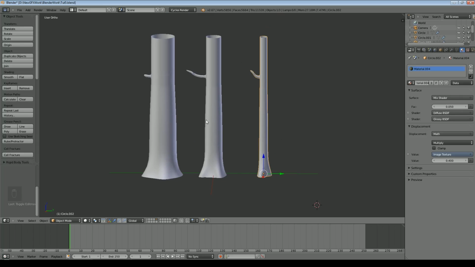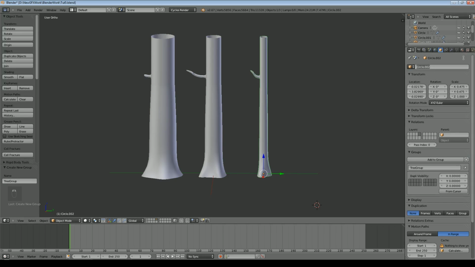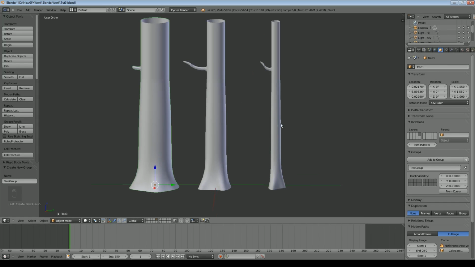So I select them all, Control G, and that will create a group. And I'll call that tree group. I'll set the material to bark, in case I need to come back to it. And we'll make sure that each one's called a tree. So I've now got a group for my trees. So we'll come back to here. I'm probably going to have to rotate these, almost always have to. Save that. We'll come back now to our main layer.